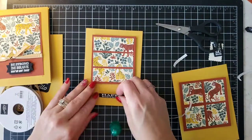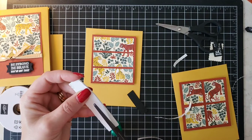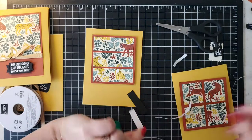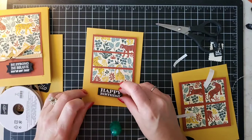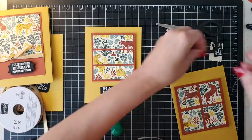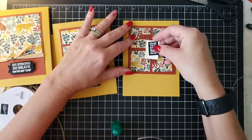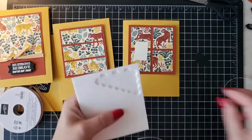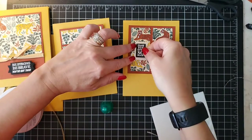Okay, and we're just going to put that down like that. And I'll put sheets on this too. This one, and let's see, my regular dimensionals are right here. Just put one of those on that, like so,